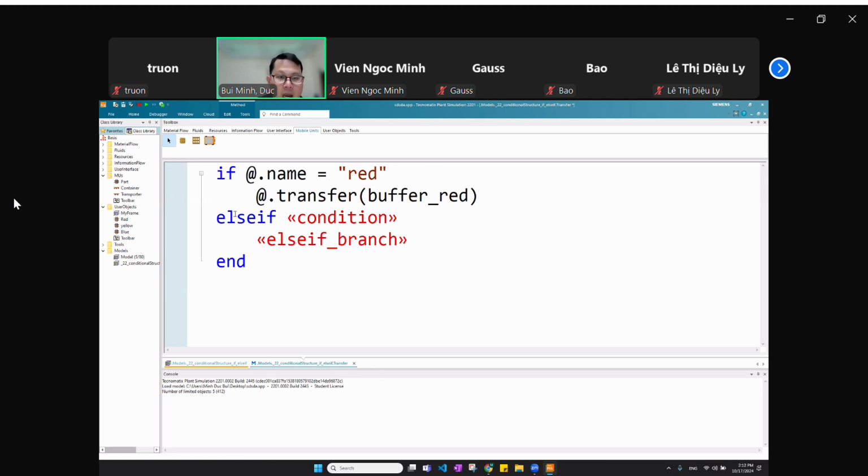Okay, else if condition. This means that if the first condition is not true, meaning the name of the MU is not red, then it will check another condition. What condition? The one that you write on this line. Okay,